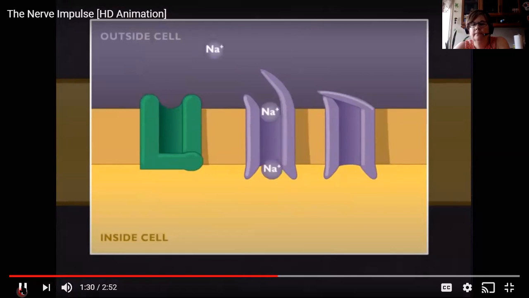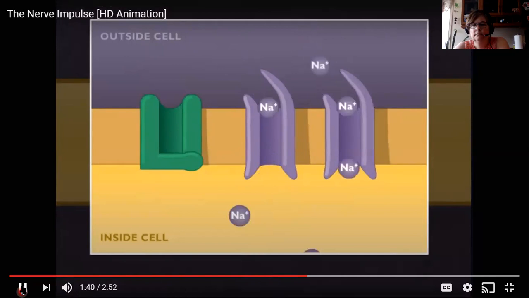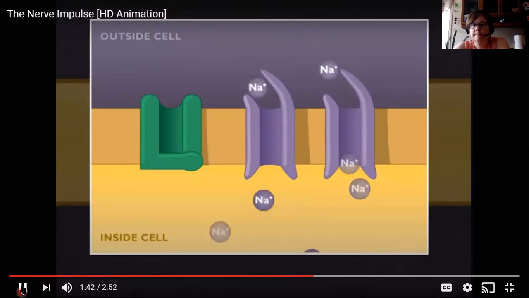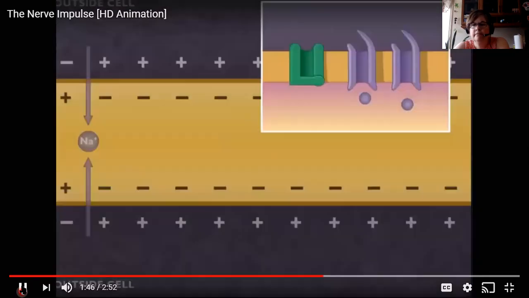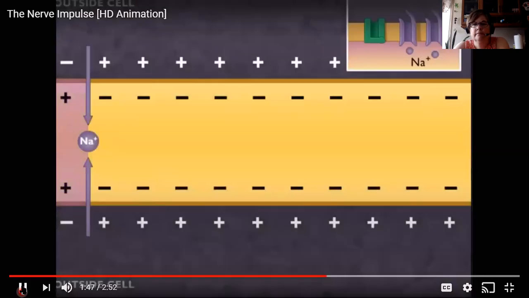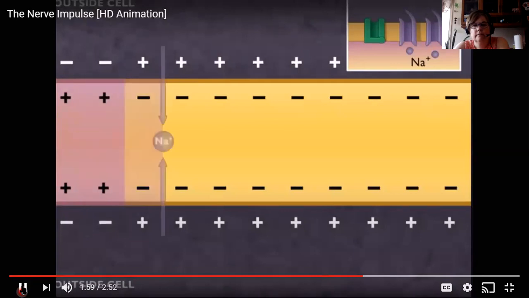This allows so many sodium ions to flood into the cell at that location that the membrane there is depolarized, with the local region inside the cell having a net positive charge and the outside of the cell having a net negative charge. This affects neighboring voltage-gated sodium channels, which then open, moving the depolarization along the membrane. This moving depolarization is called an action potential. Changes occur behind the action potential to